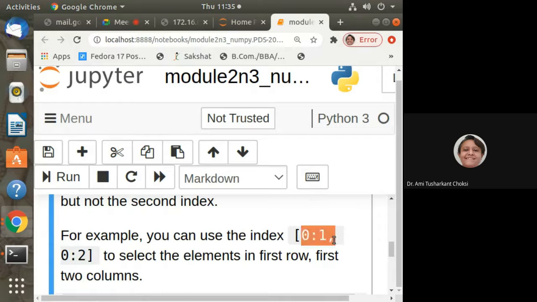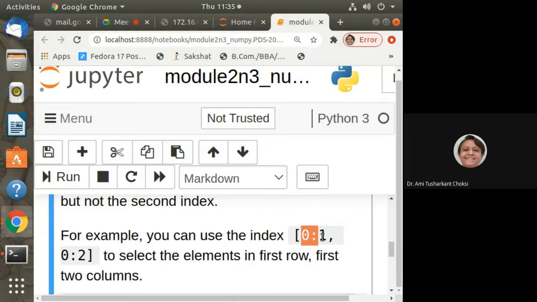So we can use it as, say, 0 colon 1, 0 colon 2. If it is this way, then what is the meaning of it? To select the element in first row. This is for row. This is for first row. Should we consider the second row? One is second row. Should we consider that? No, because it is n minus 1, isn't it?